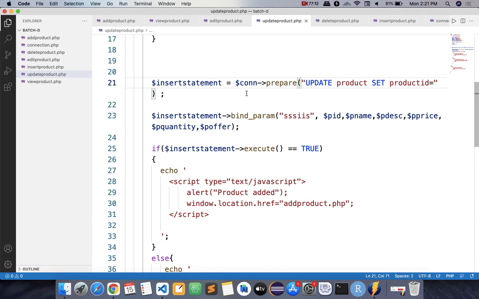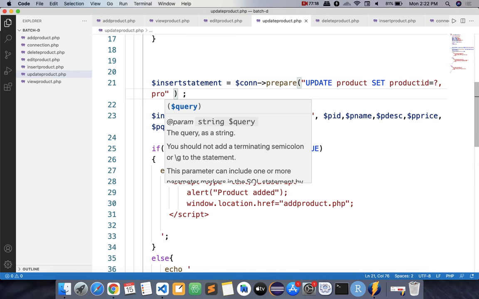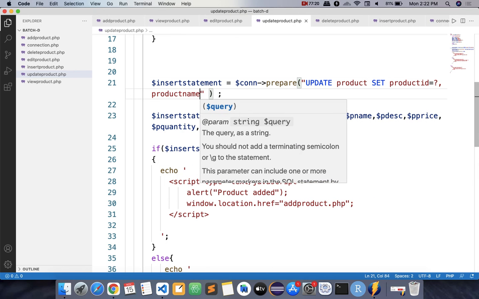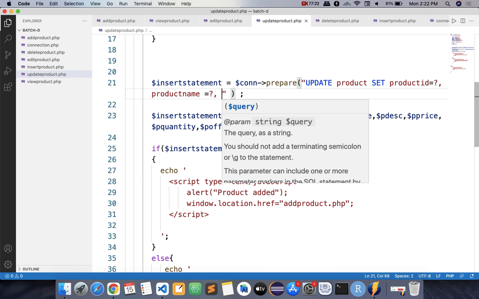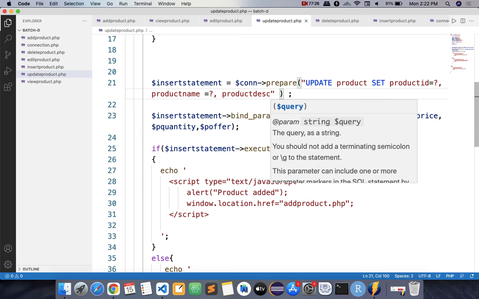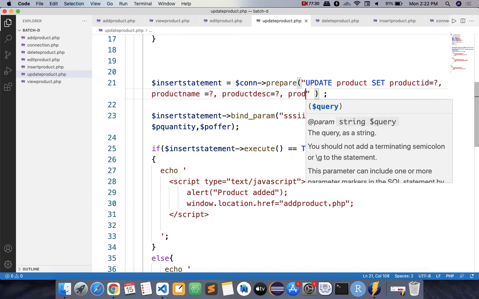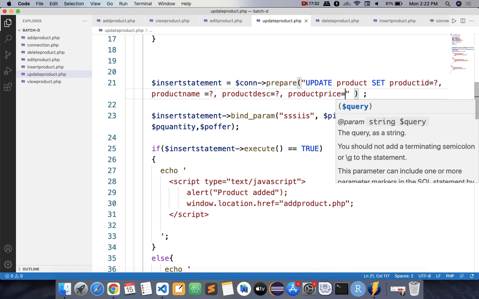Okay. So question mark, comma. Second, product name is equal to question mark, comma. Product description is equal to question mark. Product price is equal to question mark.